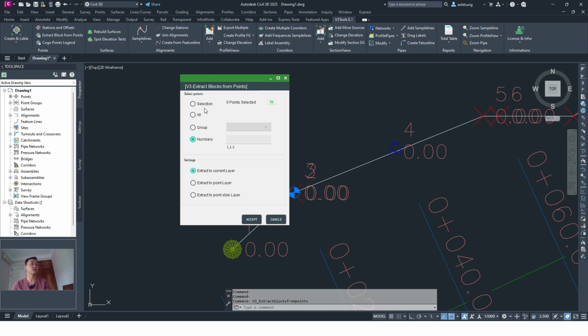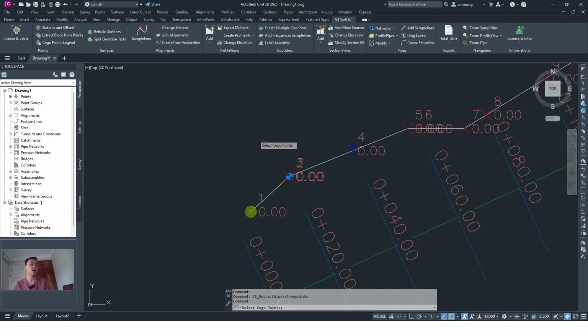and we can select on this drawing one of group or number, and we can choose the setting to extract block to the current layer, point layer, or the point style layer, and I click asset selection and I choose 3 point,